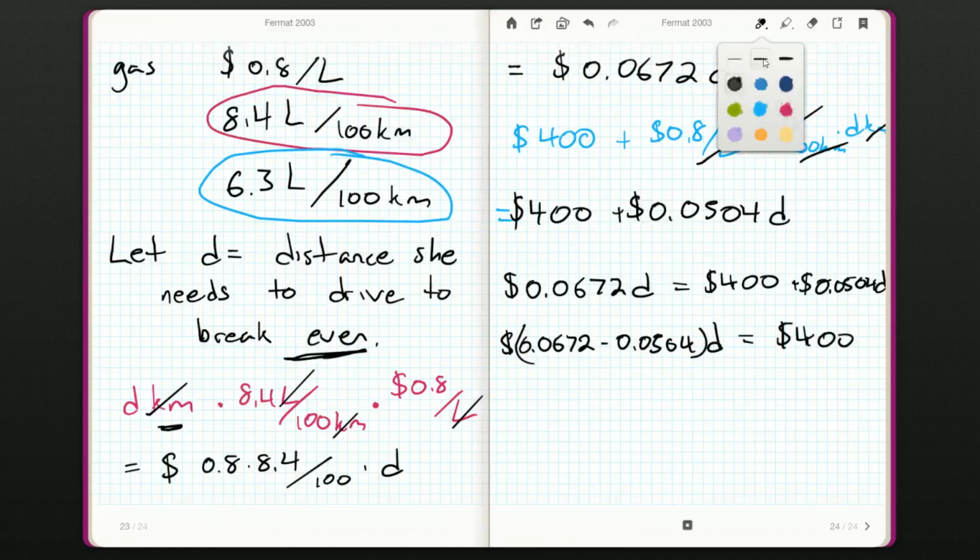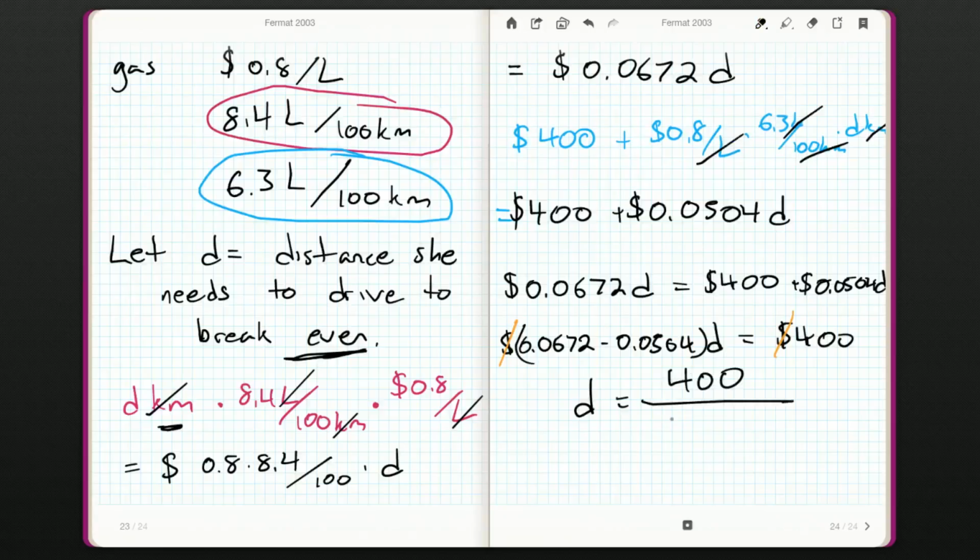We can drop the units. And so now D is 400 divided by this difference, 0.0672 minus 0.0504. And that is